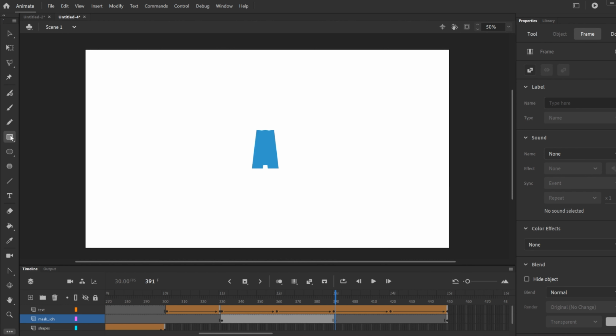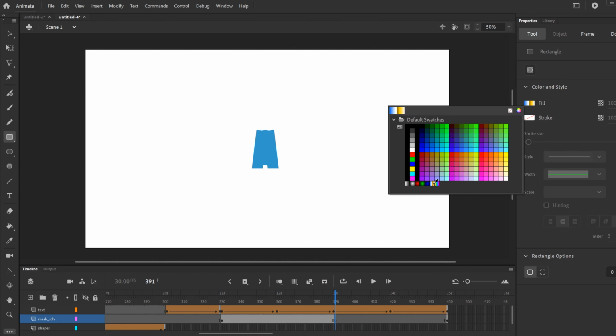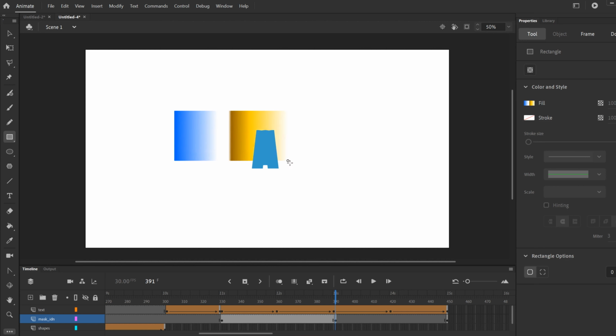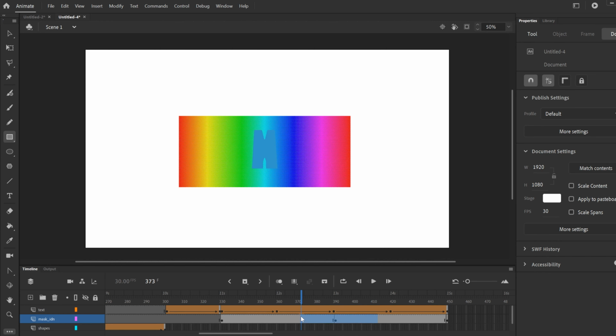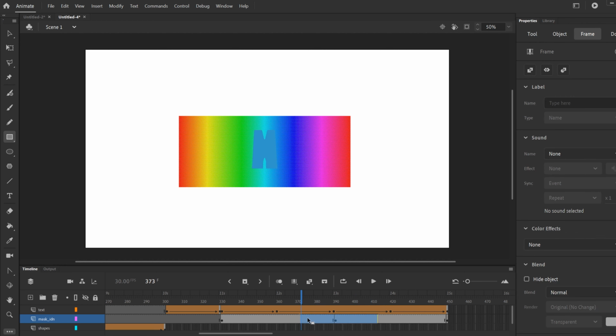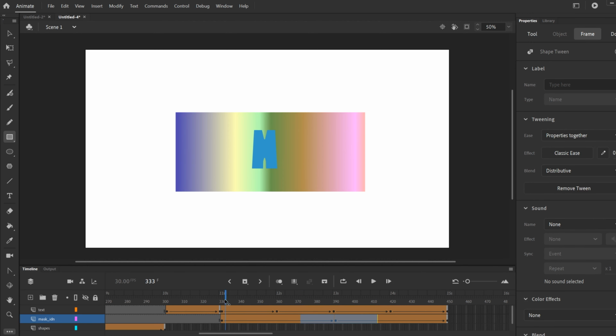On that one, you're going to make a rectangle, but this time go to Tool and change the fill to the other gradient. So just this one, and then make the box again. Now, when we click and drag through here, so you're covering a little bit here and a little bit on this side of the keyframe, and you right click and go create shape tween, you're going to see that, don't worry about the letter right now, you're just going to see that the gradients will morph into each other